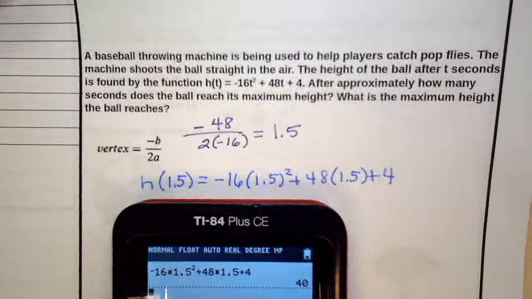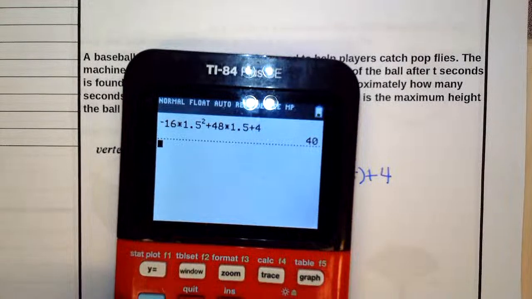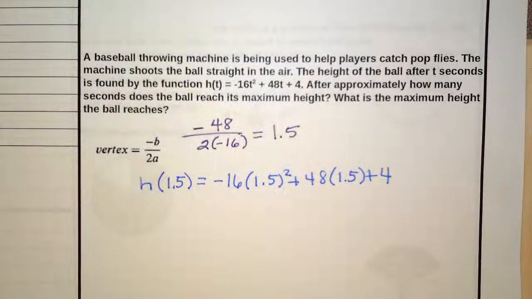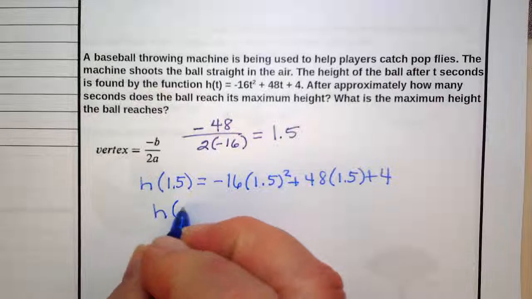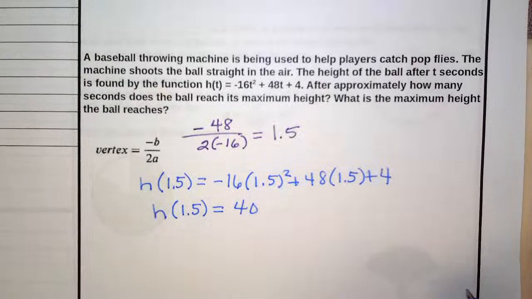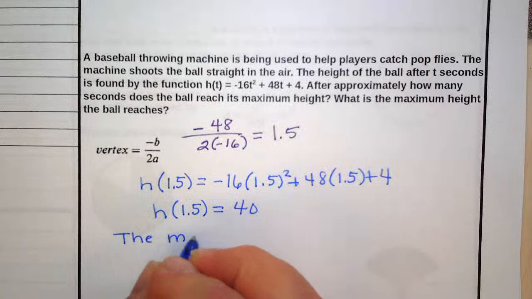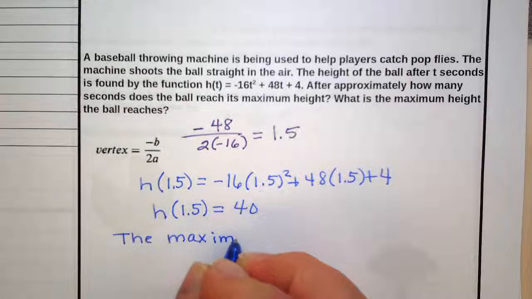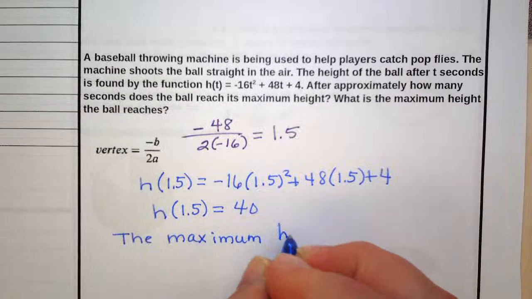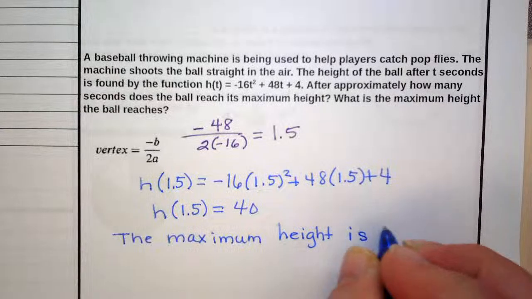So either way you're going to get the same thing. You can always graph and hit second and trace and come up to the maximum, or you can do it algebraically. So my total at 1.5 seconds, my height will be 40 feet. The maximum height is 40 feet